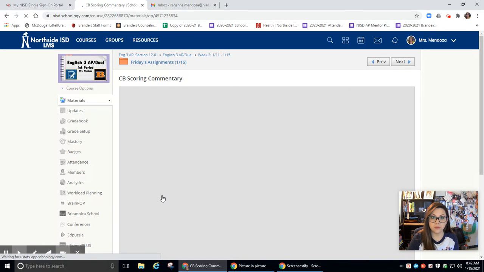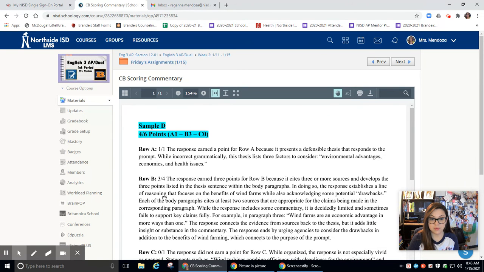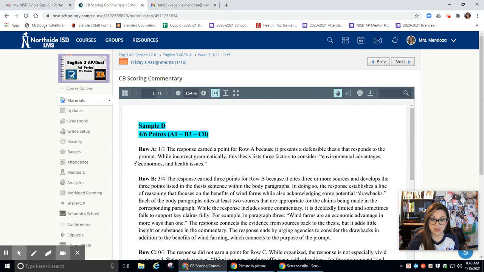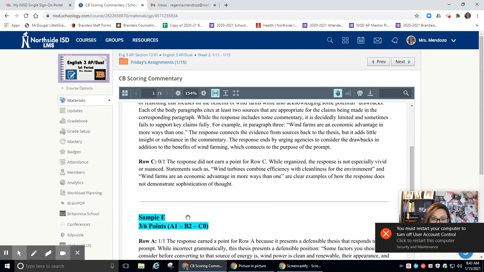As you went through the essays yesterday, hopefully you decided that sample D was the higher of the two. But I do want to talk about these two samples in particular because one is a 4 and the other is a 3. I had some people thinking that this was a 6 or this was a 5, and that's close. But the overwhelming majority of us scored a little bit higher than we should have. So I think it's really important that you go back and look at why this would have earned a 3 and why it did not earn the sophistication point.